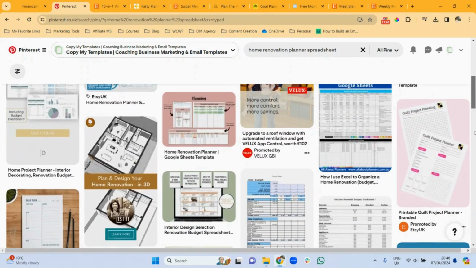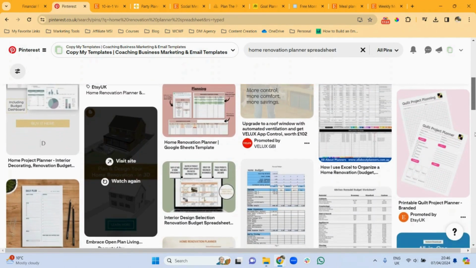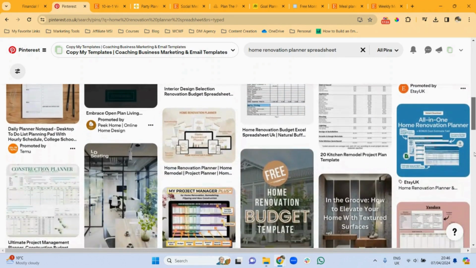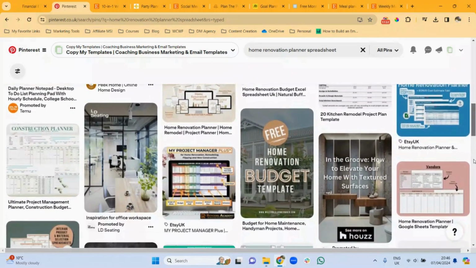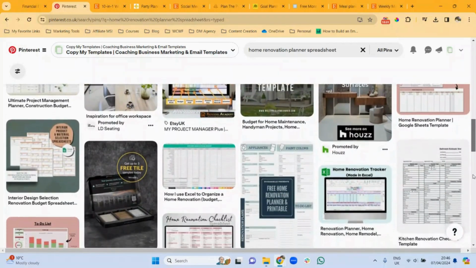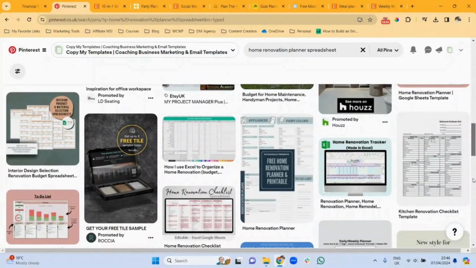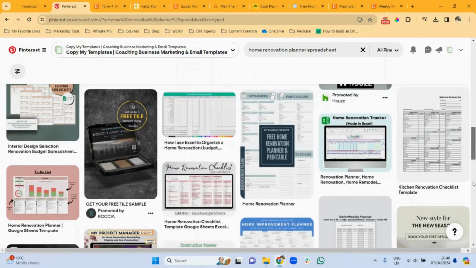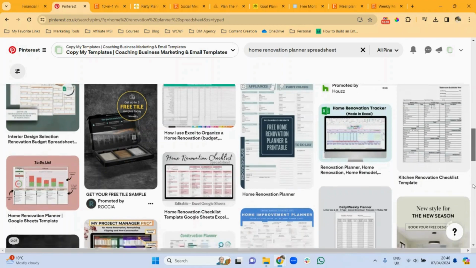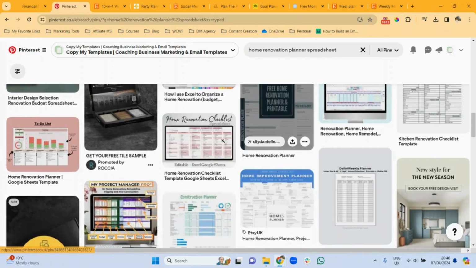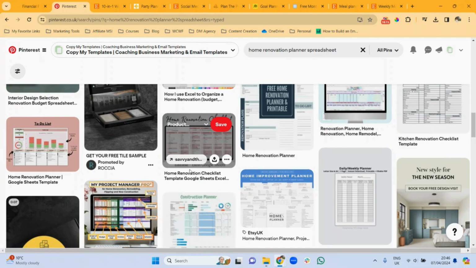A home renovation project can be exciting, but also overwhelming without proper planning. So if you are very good at home renovations, maybe you are in the construction industry, and you know how to create one of these to help people plan out their renovations so that it is more smooth and they know what they need to keep in mind when they are doing a home renovation, then create a planner, a spreadsheet like this, and sell it.